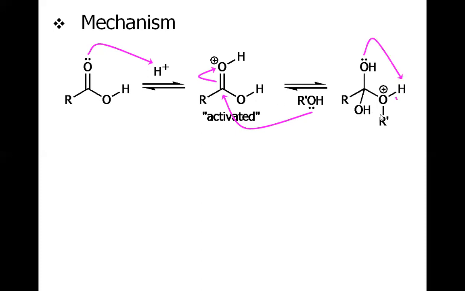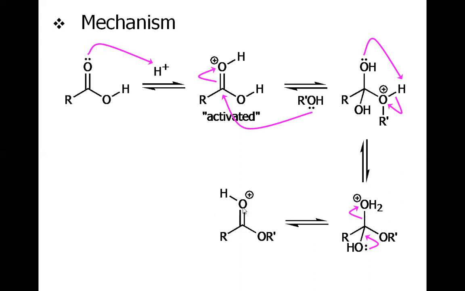Here, the proton shifting will occur. This H will be removed and added to this oxygen. So we have this oxonium here, and then the lone pair of the hydroxy's oxygen will push out the water molecule from the system to give this protonated ester as an intermediate. And here, the water which has just been removed will serve as a base to produce the final product, that is the ester. So this is a very simple and a very logical mechanism.